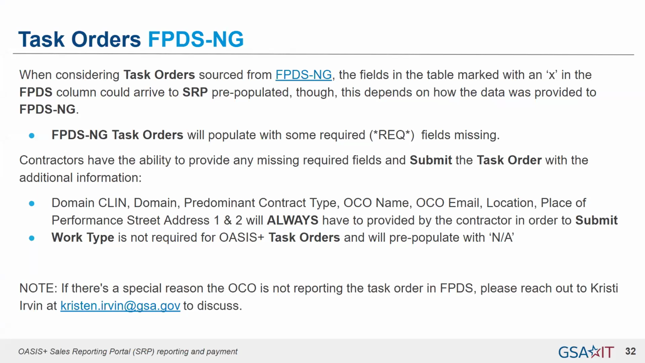I will make a note here, and I'm gonna kind of speak in riddles here a little bit. And that's that note at the bottom, right? Now, if there is a special reason why the OCO is not reporting that task order into FPDS, like I mentioned, please reach out at the email listed there to discuss, right? Now, special reason, if you have a task order with a special reason, you will understand why it's a special reason. If you don't have a task order with a special reason